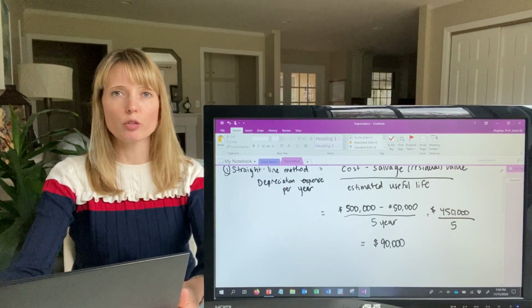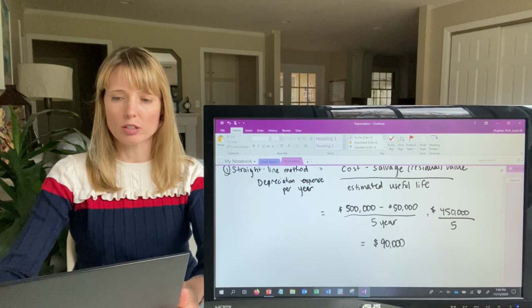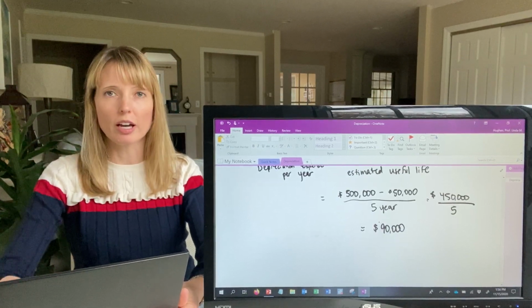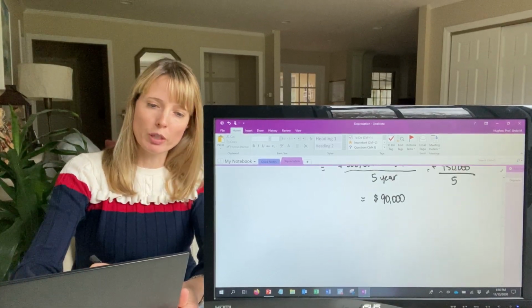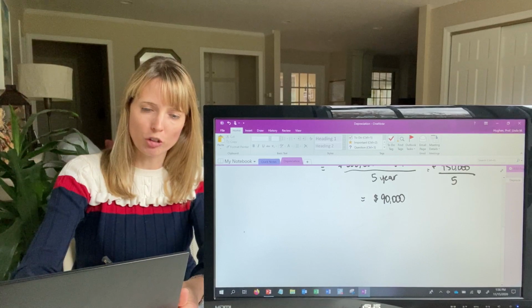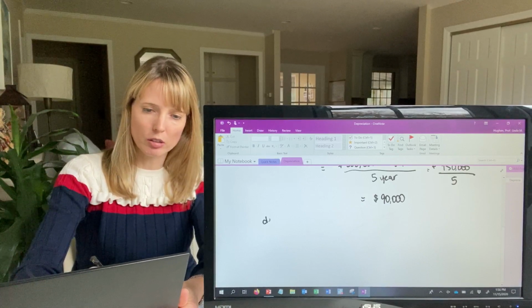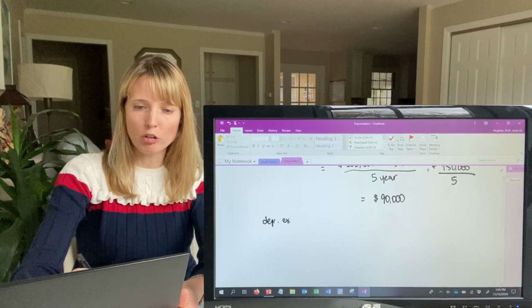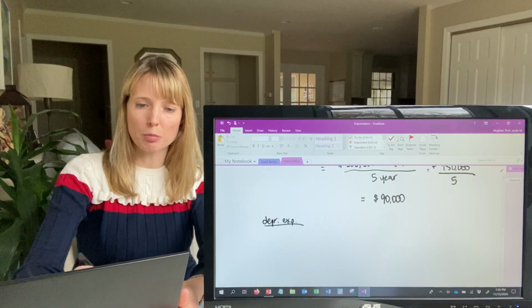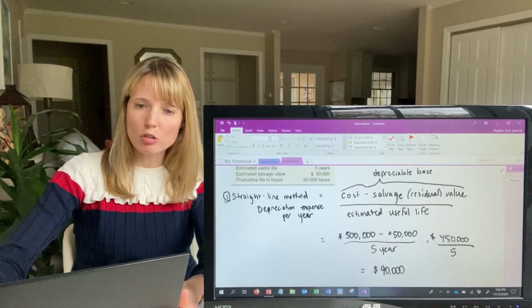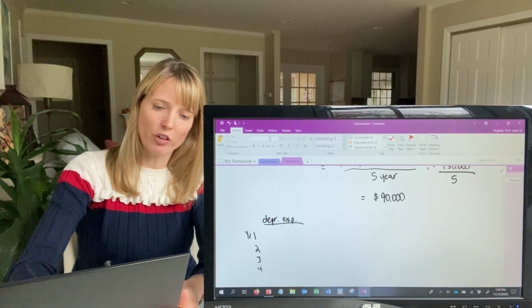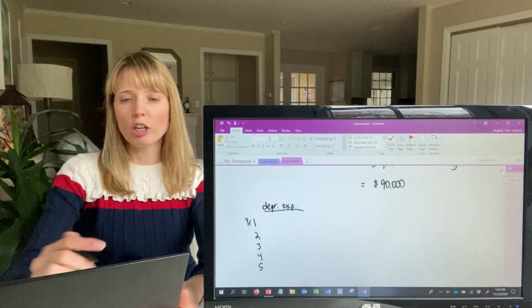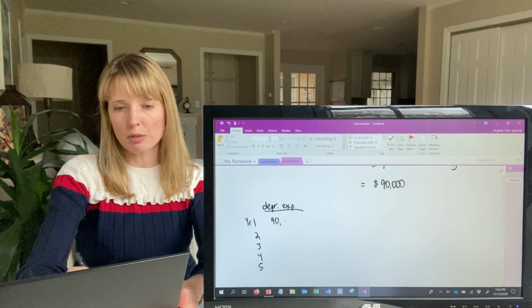And in the straight line method, of course, that's always going to hold. It's going to be consistent because we're taking the average, the amount per year. So when we set up our table for depreciation expense in each year, now we can just write for depreciation expense, we know that it's going to be $90,000 per year. And so let's say in year 1, 2, 3, 4, and 5, the depreciation expense remains the same, $90,000